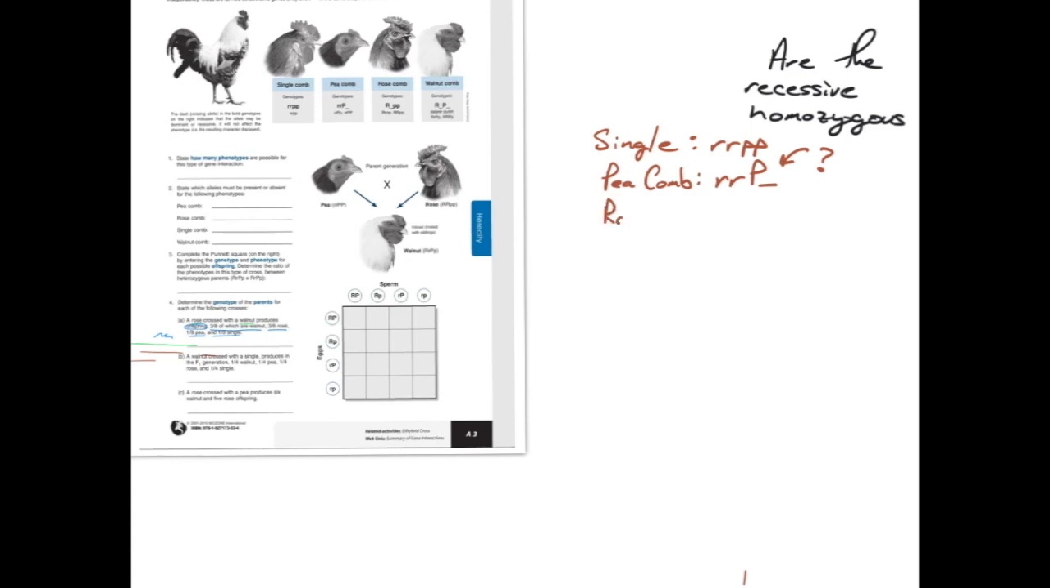So then rose is big R. Once you have a big R, it could be anything. It could be big R, little r. It looks the same, don't they? They look the same. Then little p. And then walnut is going to be big R blank, P blank. So that could be,